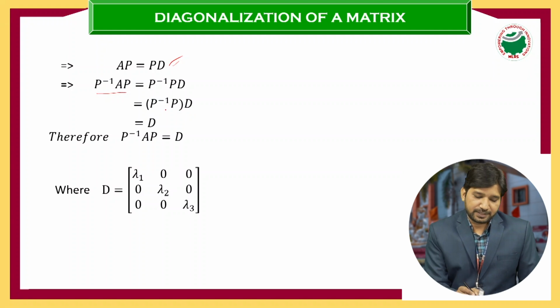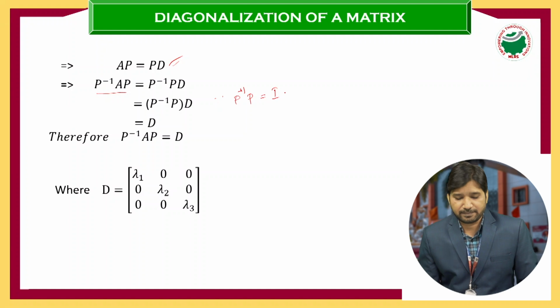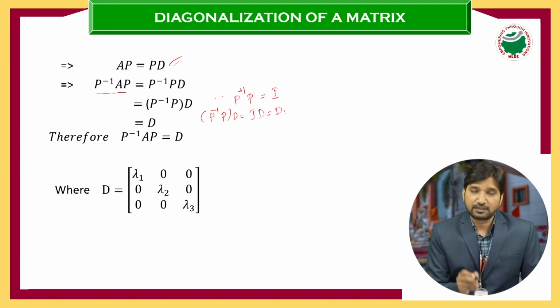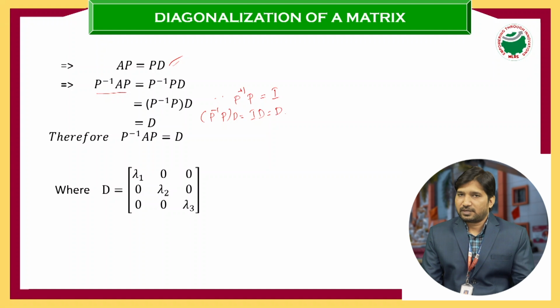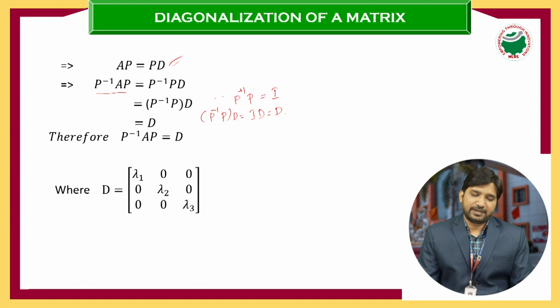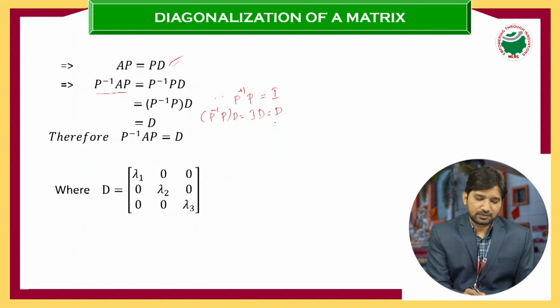Here P inverse into P, we know, equals I, the identity matrix. So P inverse P D is I into D, which equals D. I is the identity matrix, and any matrix multiplied by the identity matrix is itself, that is ID equals D. So finally we get D. So this is the diagonalization form: P inverse AP